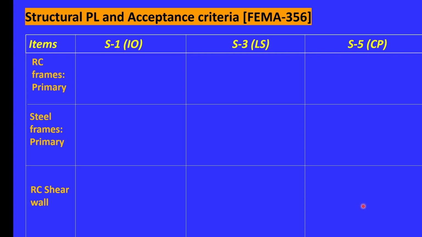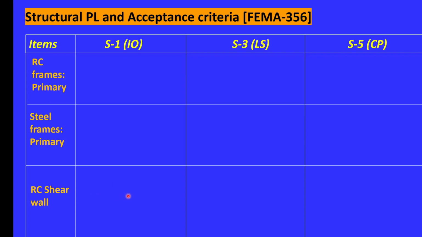So this we further carry out in terms of the types of the building. The types we have taken are RC frame, steel frames and RC shear wall. In the FEMA document, the primary is given, secondary is given. We have taken primary only because that is more important. So we have taken RC frame buildings, steel frame buildings and RC shear walls, which are these three types are